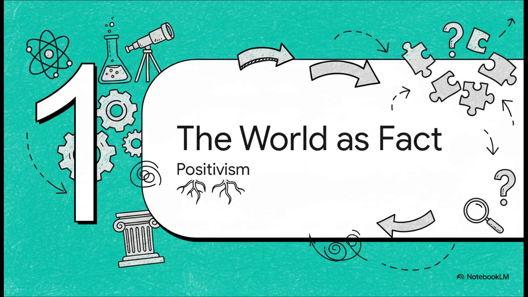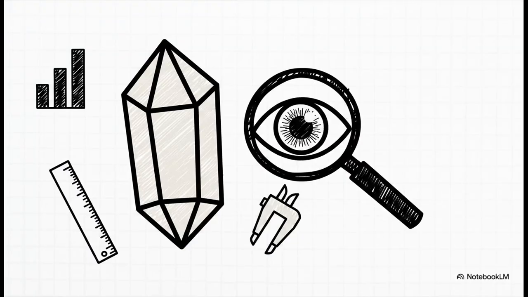All right, first up is the classic model, the one that really came out of the natural sciences, positivism. For a very long time, this was kind of the gold standard, and honestly, it's the framework that all the others were created to challenge. The core belief of positivism is pretty straightforward. There's a single, objective world out there. It's stable, it's measurable, and it doesn't just change because we happen to be looking at it.